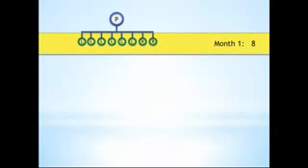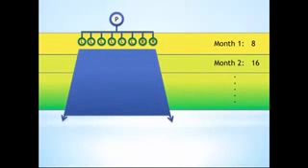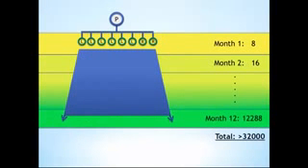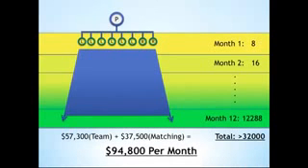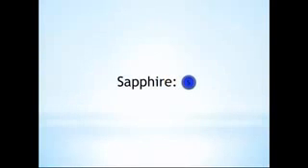What happens at Pearl? If you put 2 on one side and 6 on the other, and the same pattern repeated, your organization would consist of over 32,000 people, and you'd earn a team commission check of $57,300, with matching bonuses of over $37,500 monthly. That's a total of over $94,800. Let's look at Sapphire.